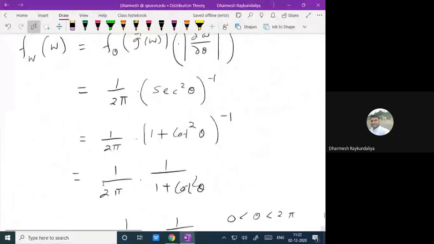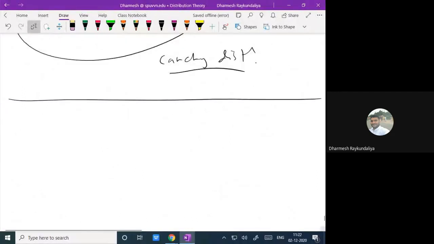So both ways you can go: you can use the polar transformation method or the transformation of variable method. But the transformation of variable method is easier than the polar transformation, because in polar you have to have good knowledge of trigonometry. Otherwise, you will be in trouble. So it is better that you should always go with the transformation of variable technique rather than the polar transformation. Okay, so this is what we talked about for two variables.